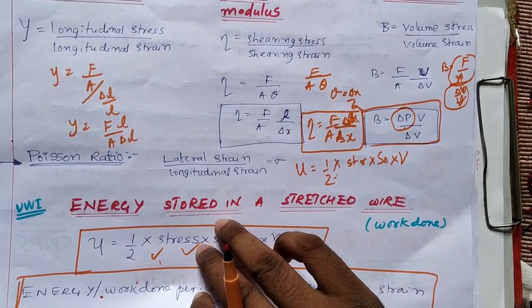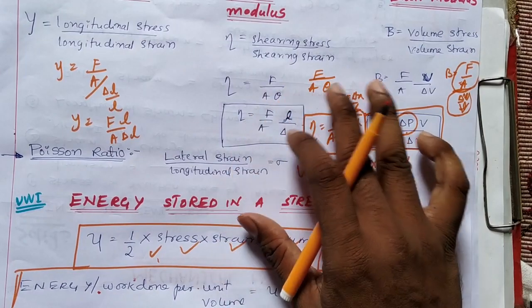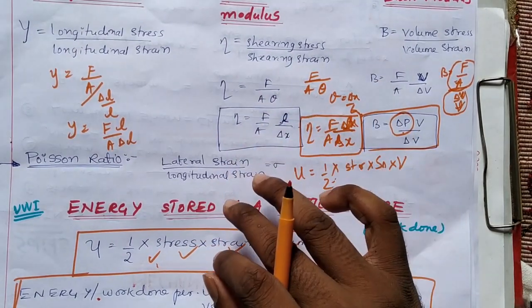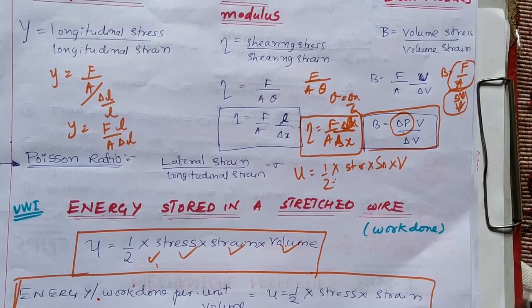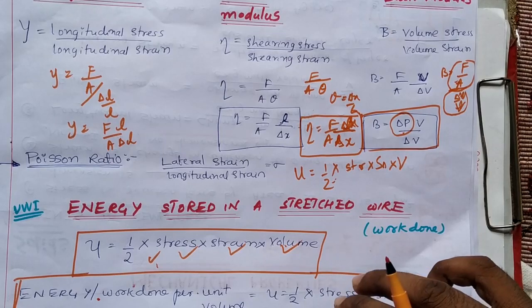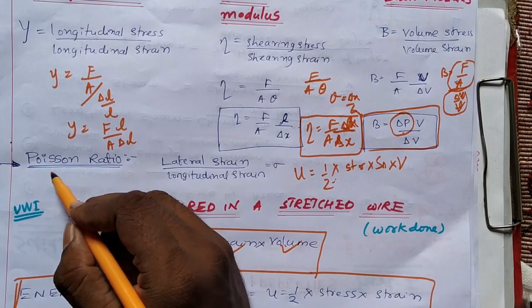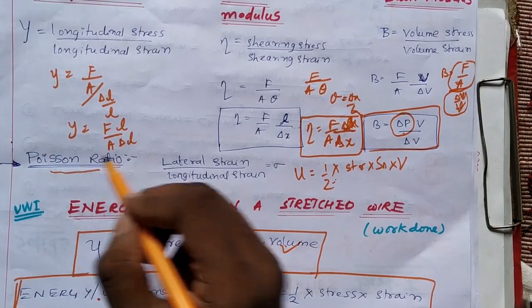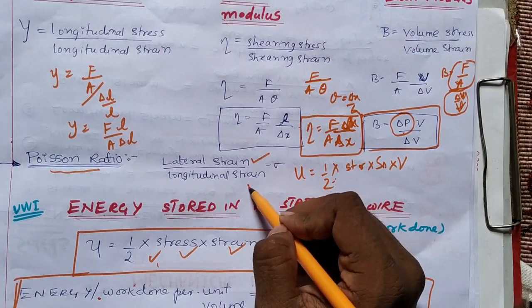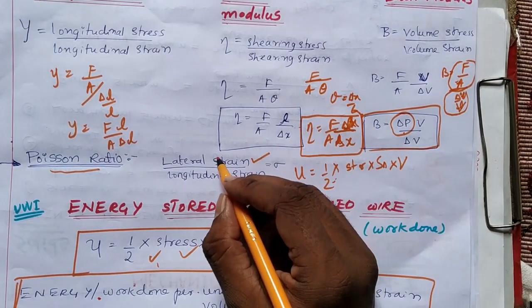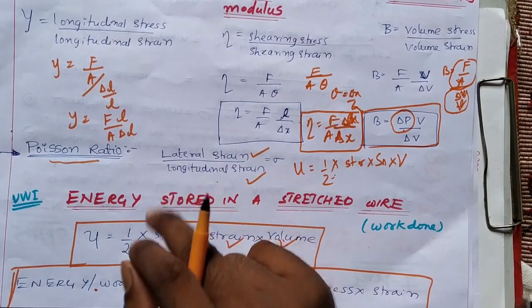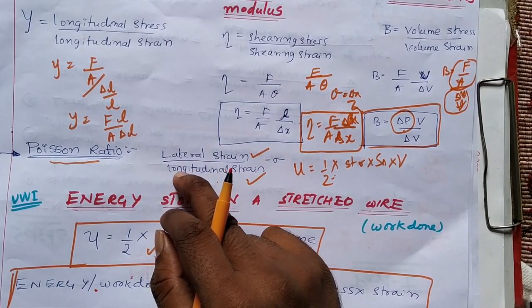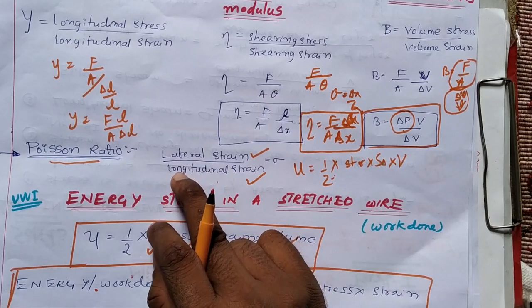In the next video we will see some of the concepts related to this. I mean problems. We will solve some problems that were asked in previous exams and some concepts related to those numerical problems also. One more topic is left here, Poisson's ratio. Poisson's ratio is nothing but lateral strain by longitudinal strain. We will solve some problems related to this. One problem was asked in AIIMS of 2015 or 16 something. We will solve that problem also.